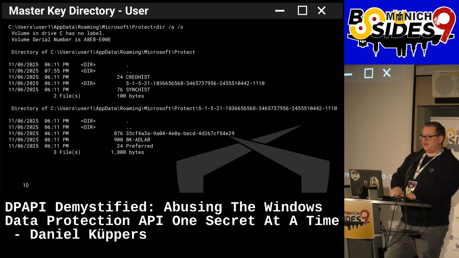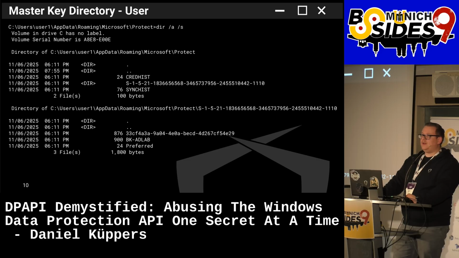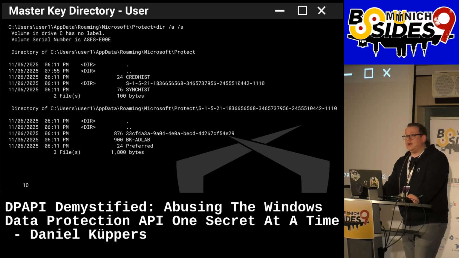Maybe I have left that out. The master key of system and user, so every master key, is basically encrypted with the user's password. So in order to retrieve the master key from the encrypted master key file, an attacker or a user needs to know